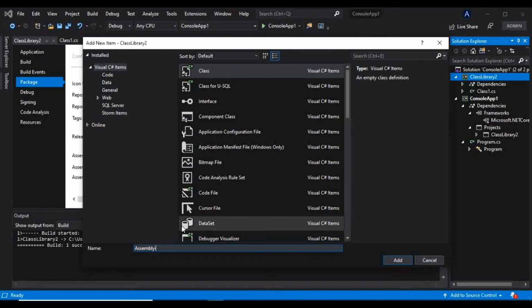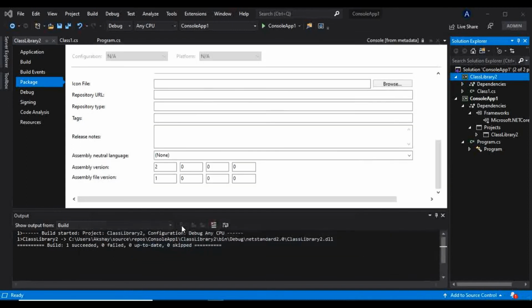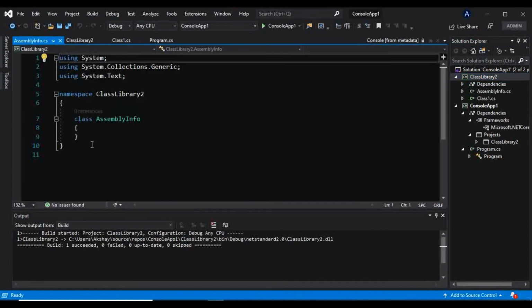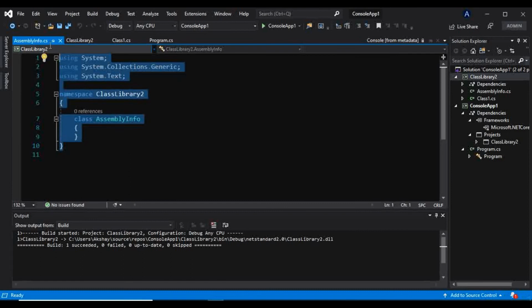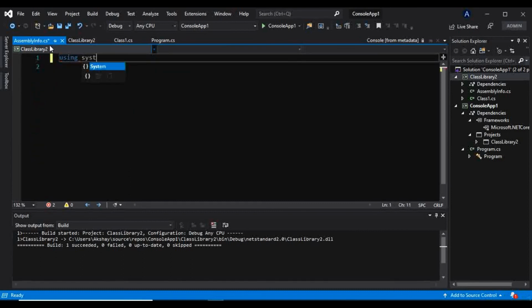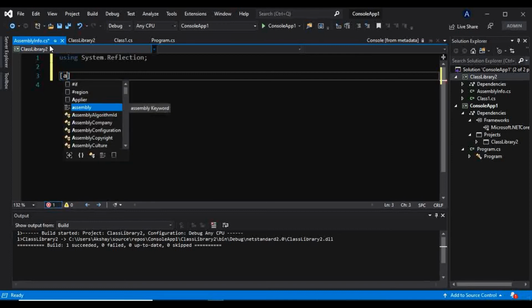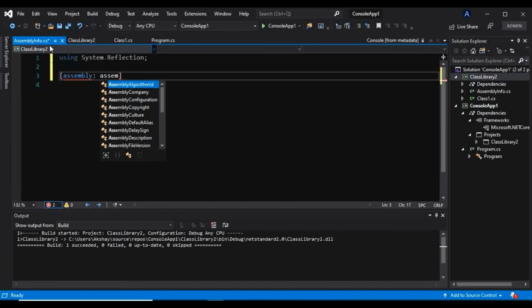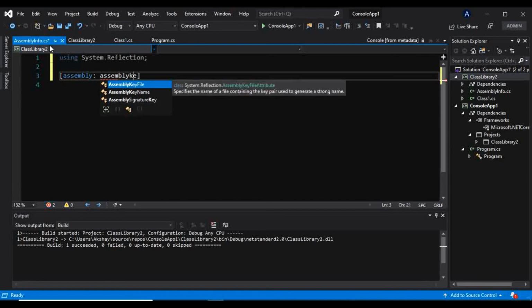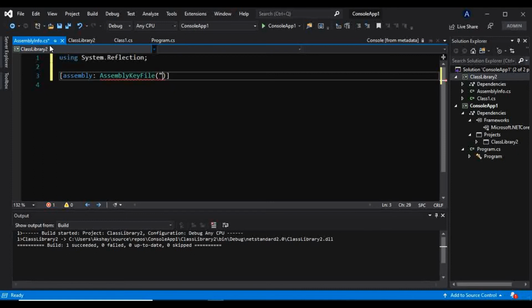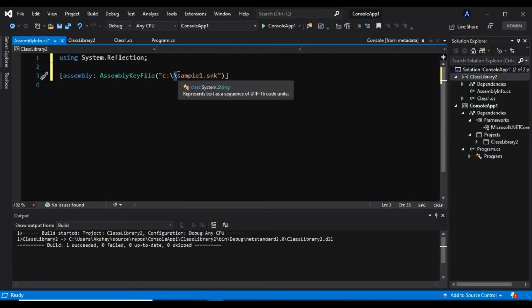Okay, I will get rid of this code. I will use System.Reflection and the AssemblyKeyFile attribute, and in the constructor of that attribute I will paste the file name with the location it is in, with double backslashes, because we have to escape the backslash as it has special meaning in double quotes.